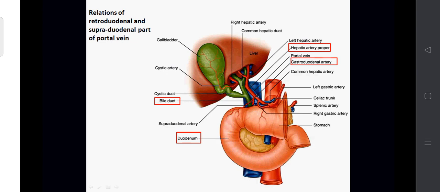While the supraduodenal part above the duodenum is related anteriorly to these two structures, bile duct on the right,